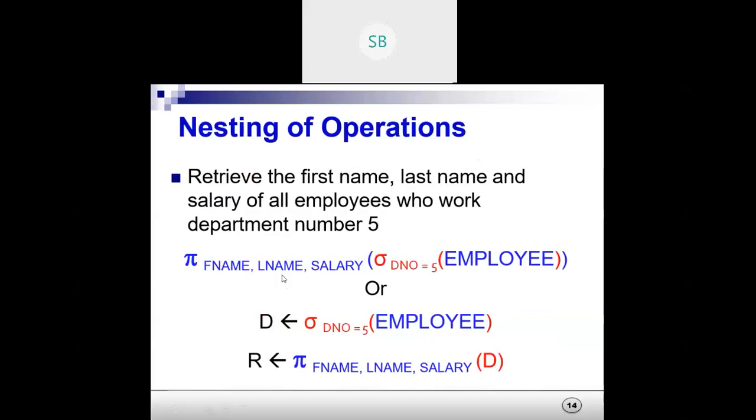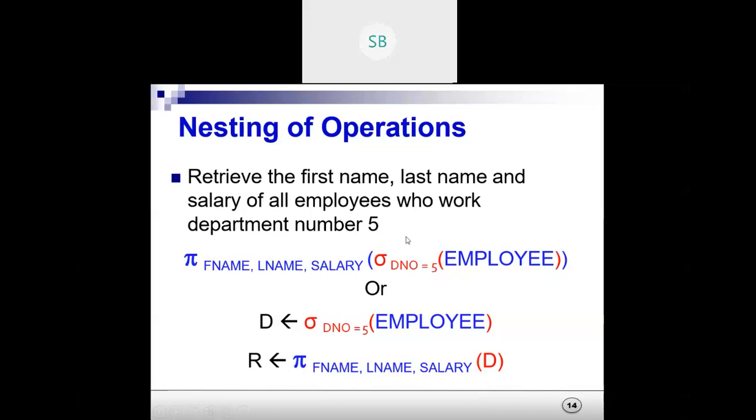Next, check the nesting of operations. Check the question: retrieve the first name, last name and salary of all employees who work in department number 5. We don't go for the projection operation first.